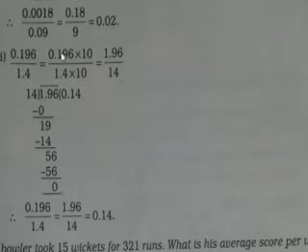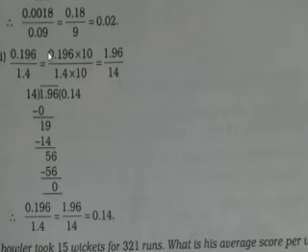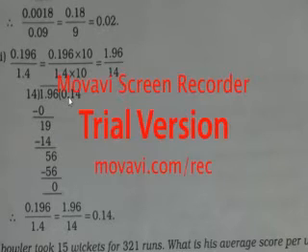When it is multiplied with 10, one digit will move towards the left of the decimal, so it will become 1.96. And when 1.4 is multiplied with 10, again one digit will move towards the left of the decimal, so it will become 14. Now if you see, 1 is smaller, so we have to use one number after the decimal. So the point was kept and it became 19. Now 14 1 is 14, 5 comes down and 6 comes down, 14 4 is 56, so it becomes 0.14.